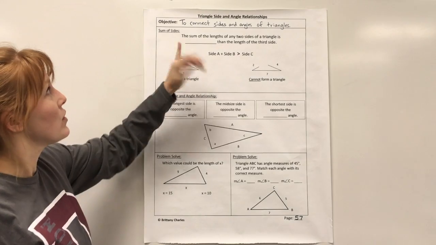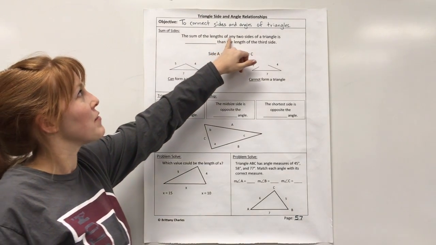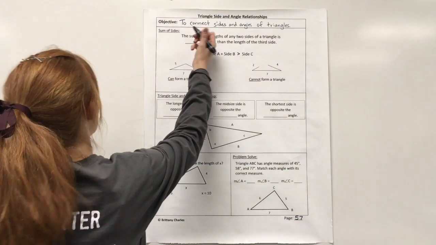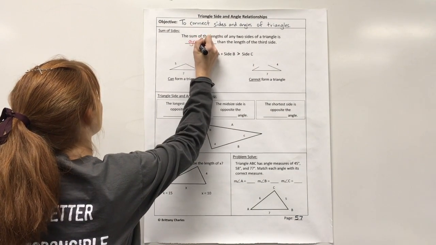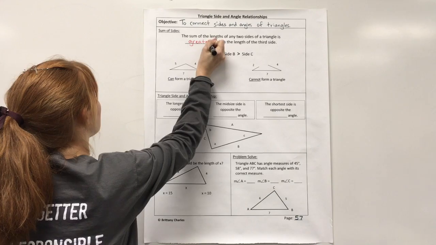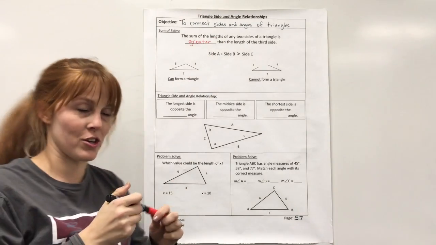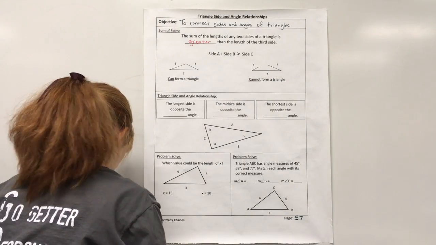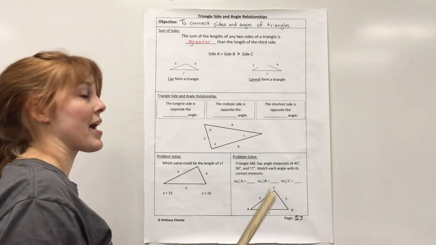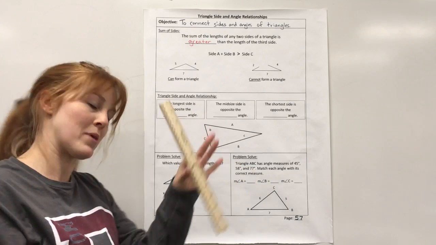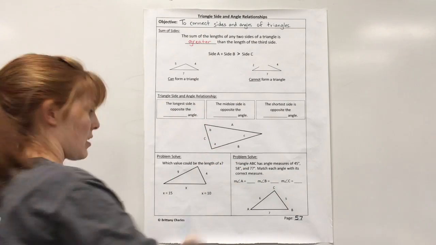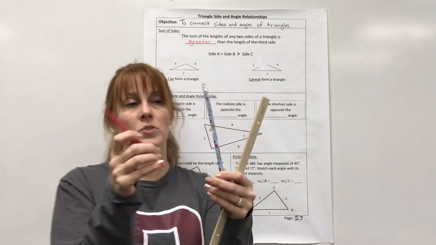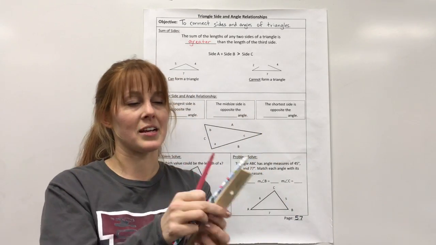All right, first of all, the sum of the lengths of any two sides of a triangle is greater than the length of the third side. So let me give you an example. Let's say I had this as one length of my side, this as another, and this as another. If these are my three sides and I connect them,